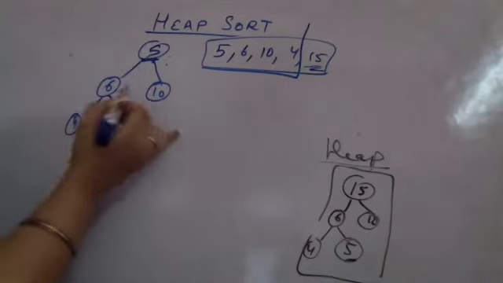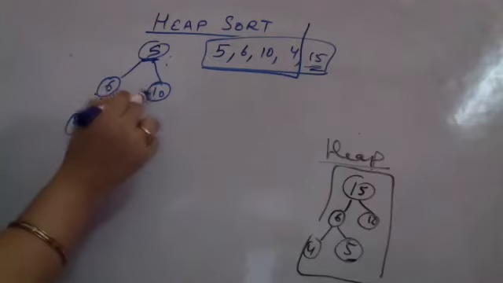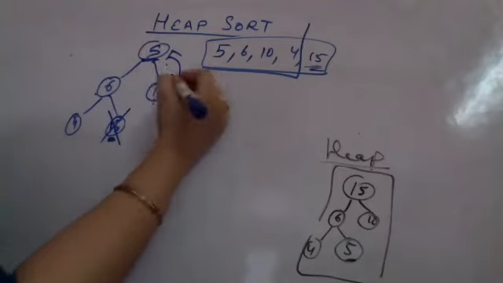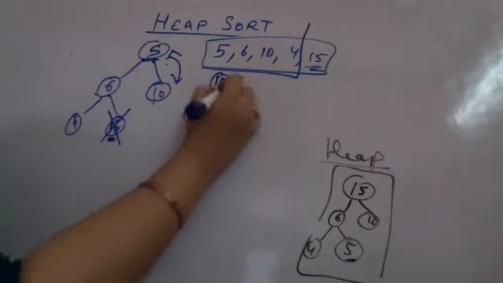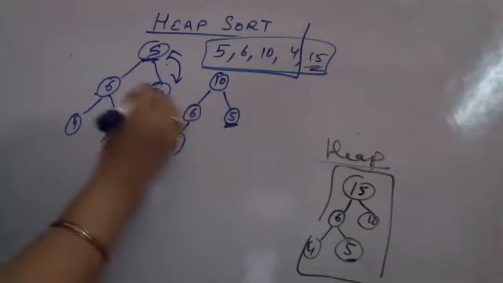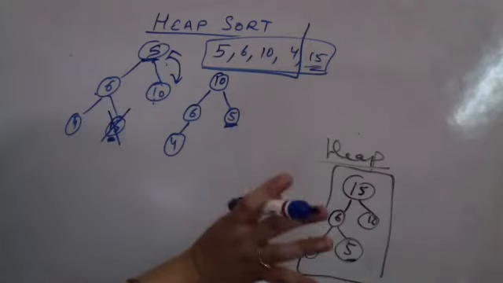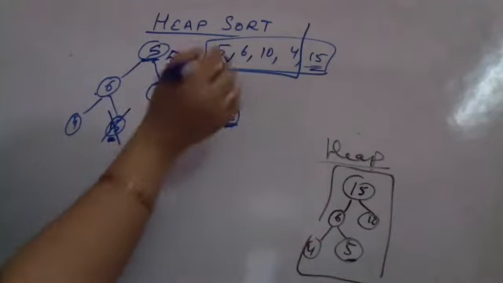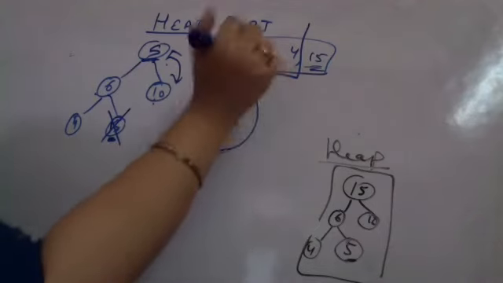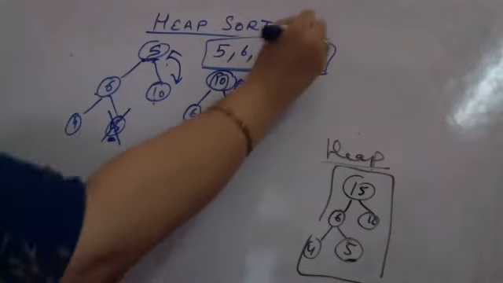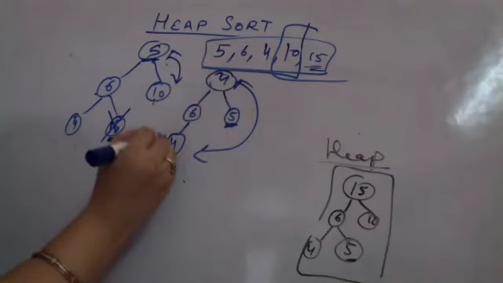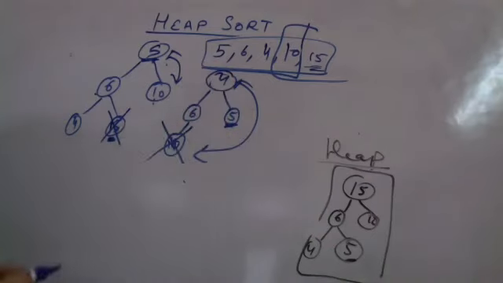Now when I am calling heapify, 5, 6 और 10 में 10 is the largest. They would be exchanged. So the new elements will be 10, 6, 5 and 4. Once again heapify will be called for 5 जो उससे की exchange हुआ है. No children, it will stop. Once again you do the same thing. Pick up 10, exchange it with the last element. That means 10 and 4 are interchanged. Now 2 elements have been sorted, and since 4 comes here, 10 comes here, delete this from the list.